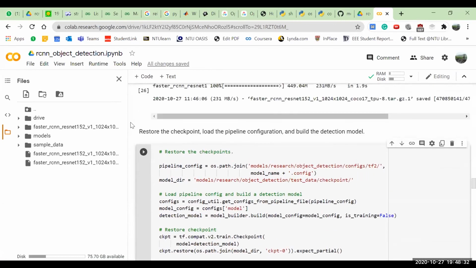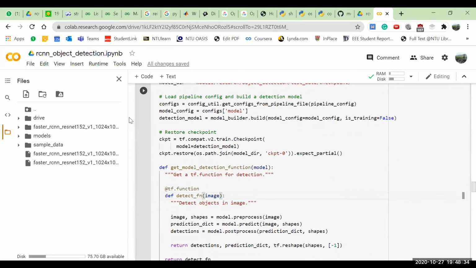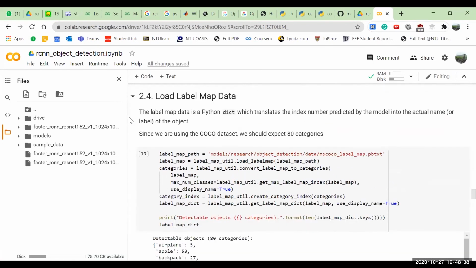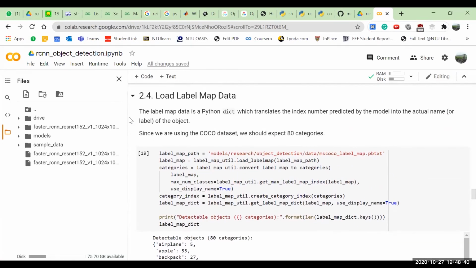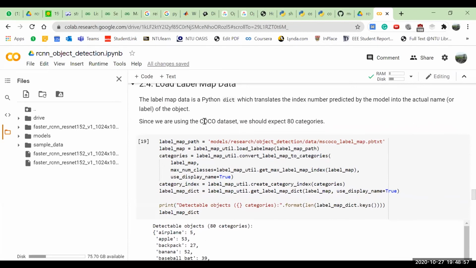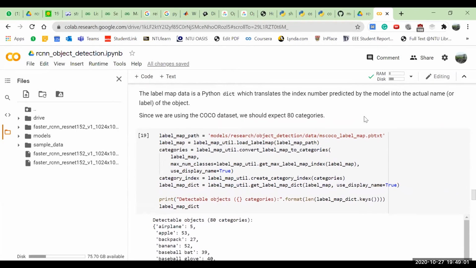Okay, up to this point, you should have no problems. Let me know if you have some. And then the final one before we can run the test is to actually load the label map data. The label map data is just a Python dictionary. We use that to translate the index number predicted by the model into the actual name or label of the object. For example, here we use the Coco dataset, and then we have 80 categories